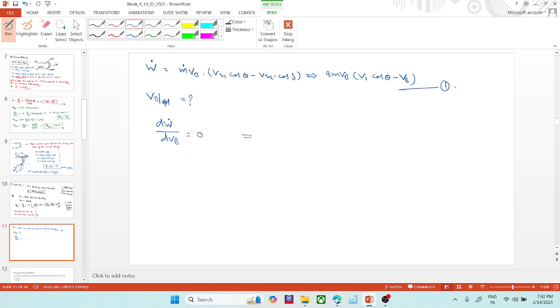I have already done this and got the expression: the optimum blade velocity would be Vs1 cos theta by 2. Okay, so when we put this into equation number 1, then the maximum power would be